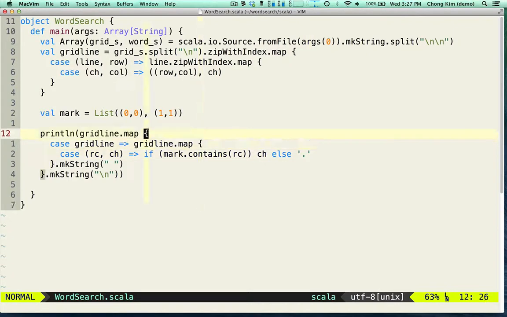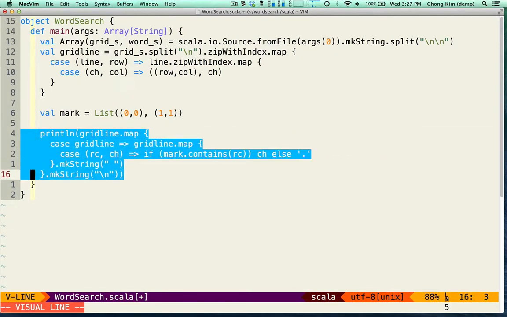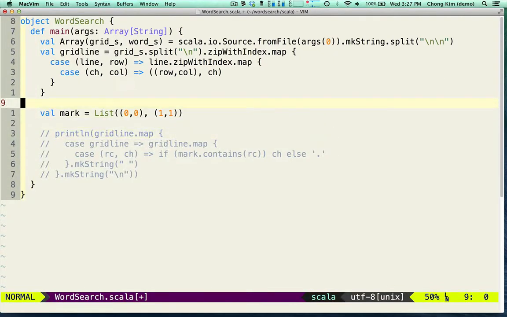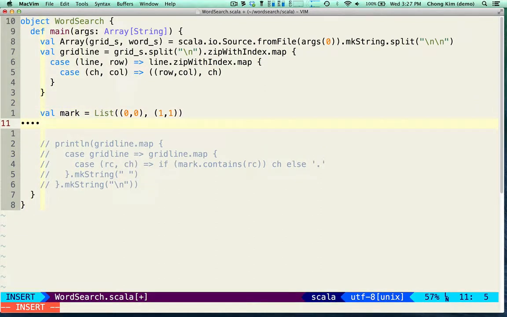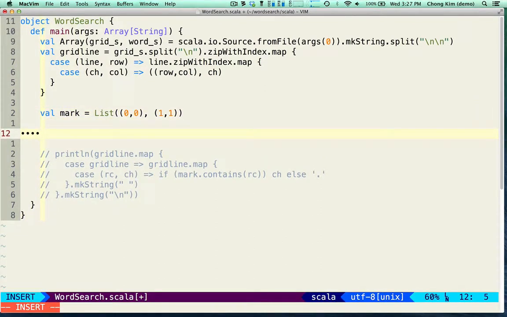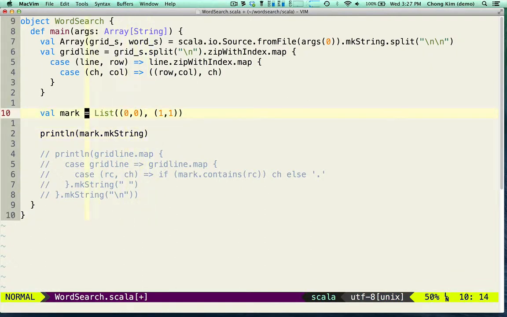So we have our input taken care of. We have our output taken care of. We need to just do the middle part and figure out what exactly we need for the mark. So first, we're going to just comment this out, and for the mark, we'll just print it out just to see how it looks as we're going along. So we'll just say println mark make string, and let's start with